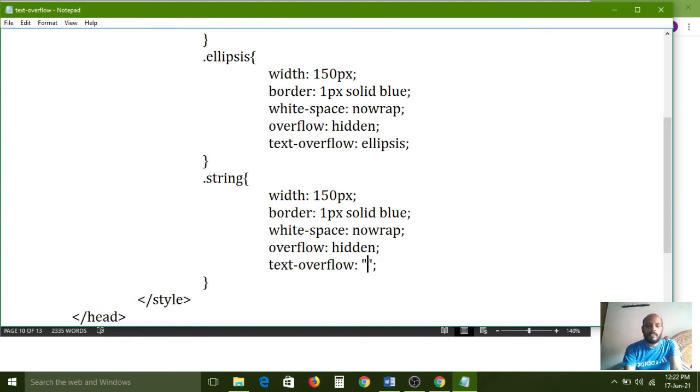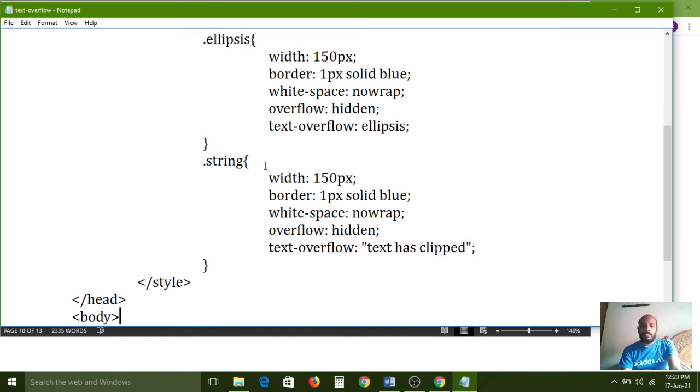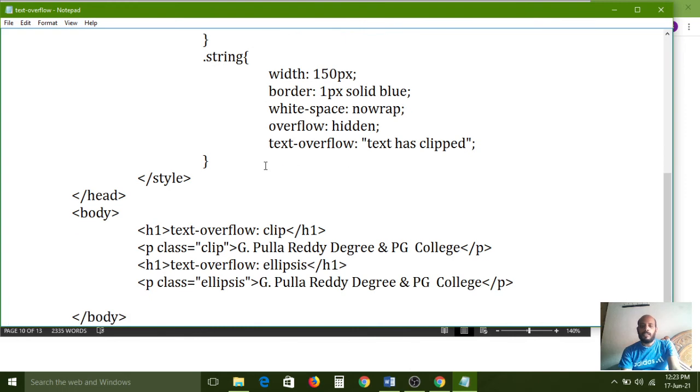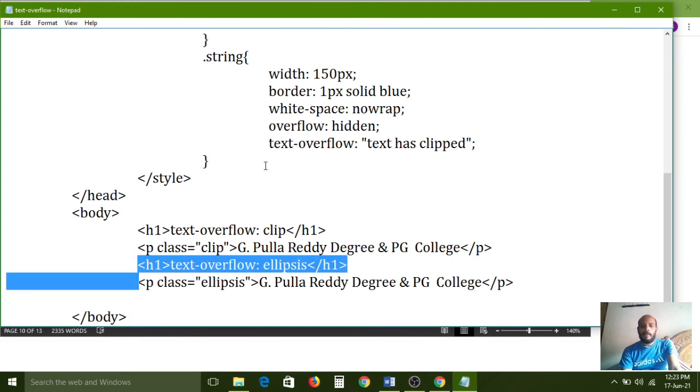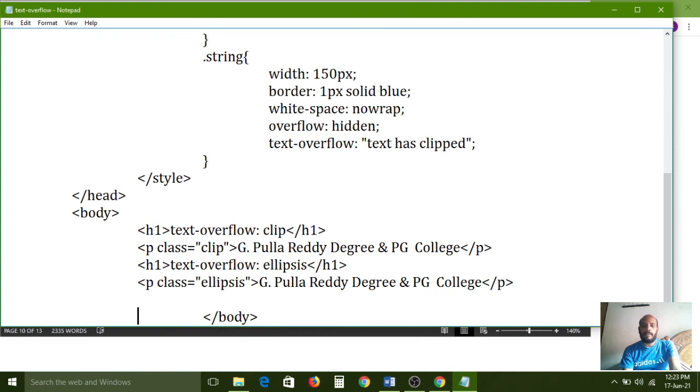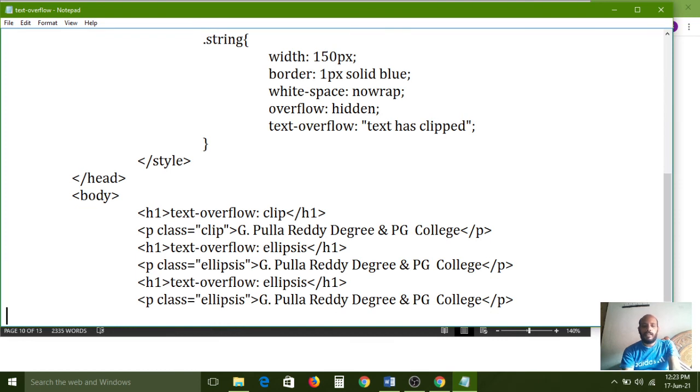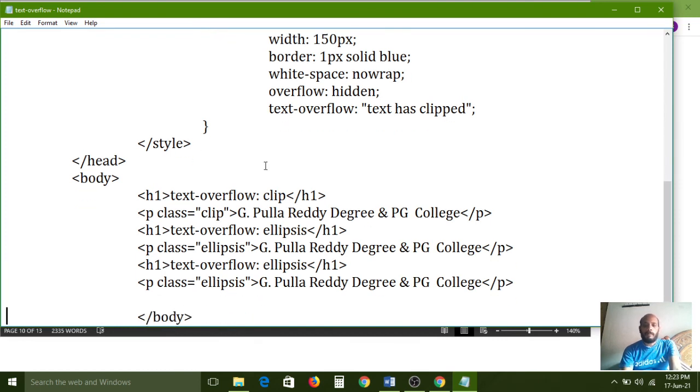Nothing but "text has clipped". I have mentioned the string. Again I am copying these two elements and pasting them here.